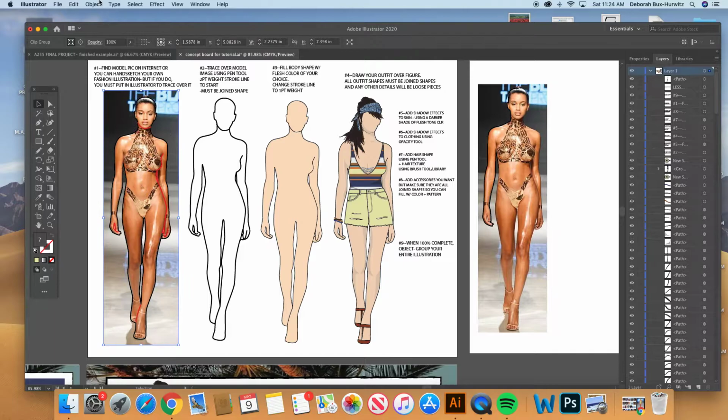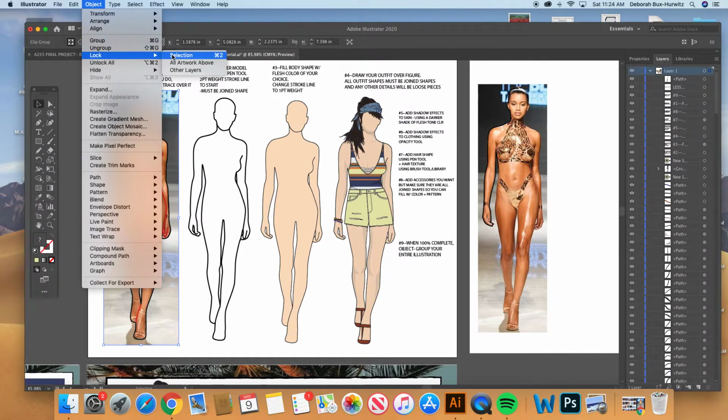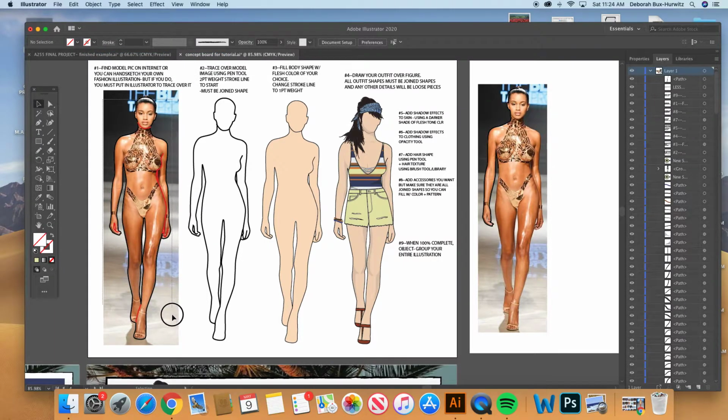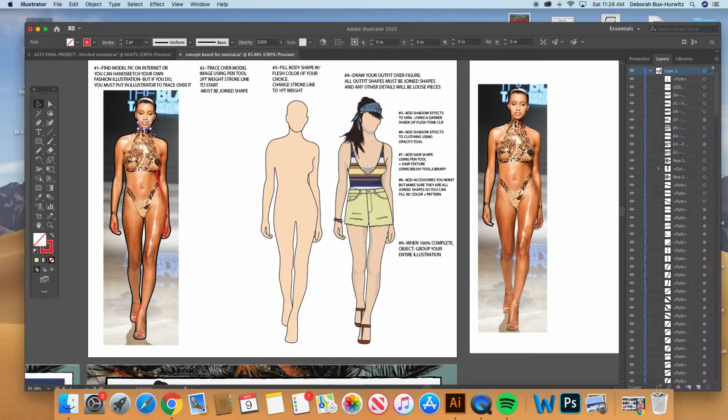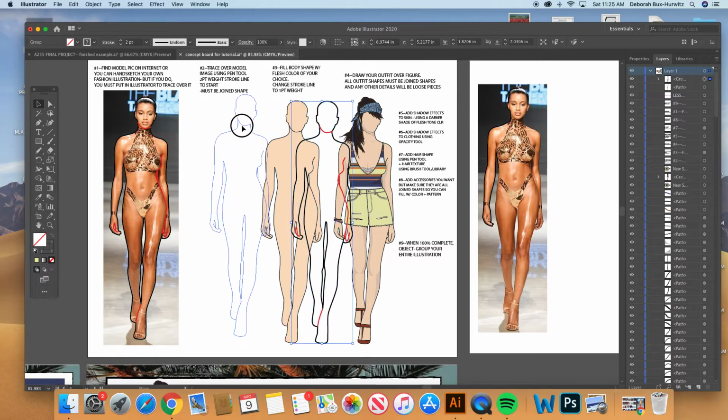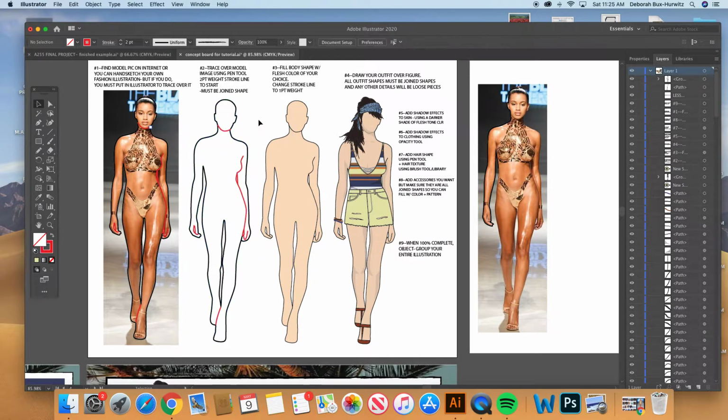So actually I didn't lock her, so let me object lock selection. And then if you object lock selection, because you should have had it locked from the beginning, just delete this. Now I can, if I have my picture object lock selection, I can actually highlight over top of this whole thing and do an object group, and then I can copy and paste it, and now I have my fashion illustration. Now you can see the black outline is the full body joined shape, and the red details are